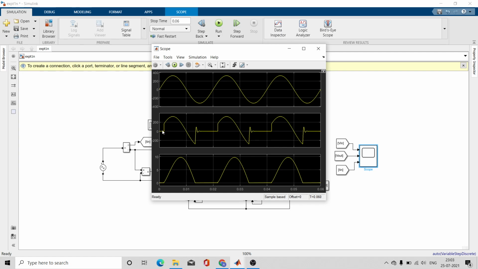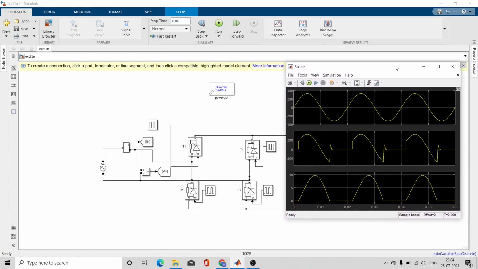You are getting output after 30 degrees. Okay, this is your one cycle. And why are you getting this conduction at the negative half cycle? This is because you have connected the inductive load, because of which you are getting the output at the negative half cycle.